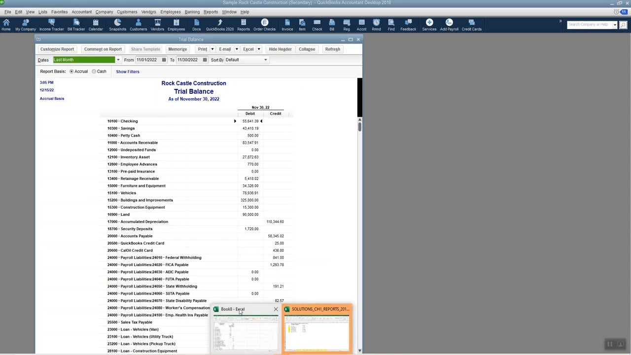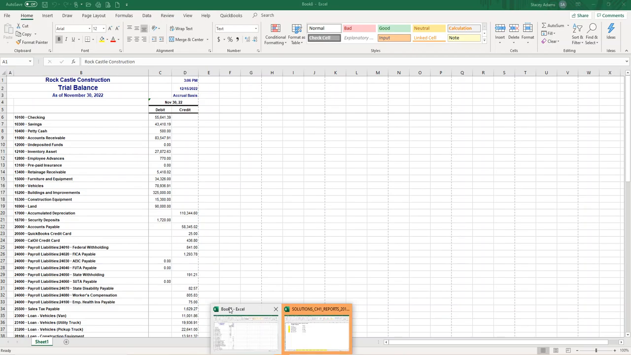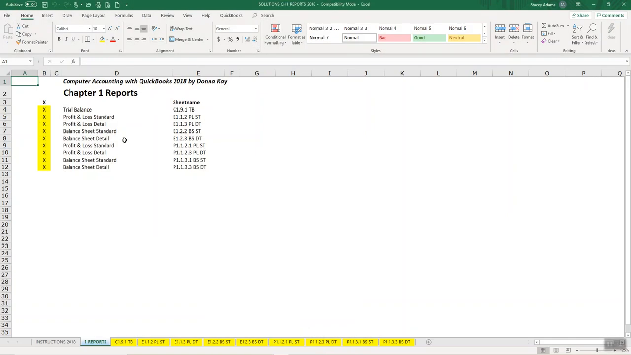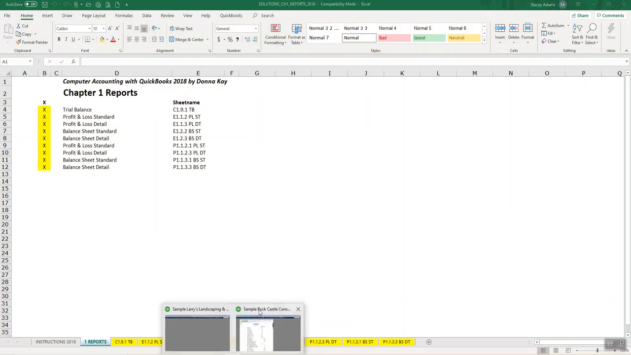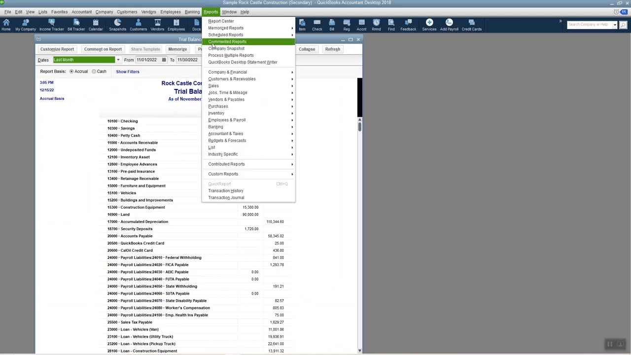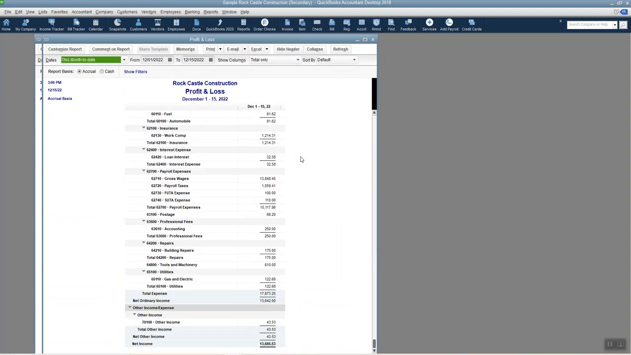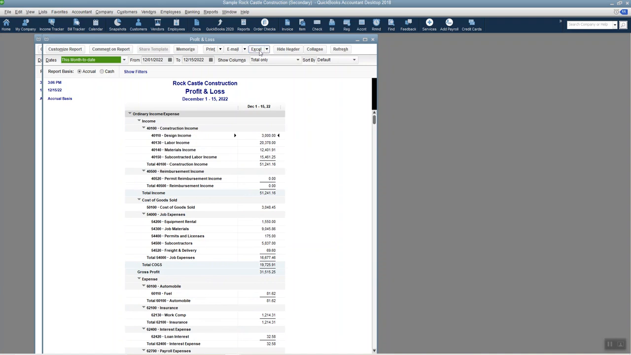Okay, so now I have a workbook with just that one report in it. And what do they want next? They want profit and loss standard. Let me go grab that. So again, reports, company and financial, profit and loss standard. That looks good. And again, I'm going to go Excel, create new